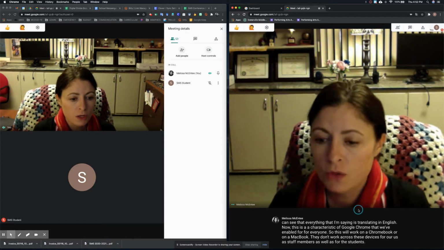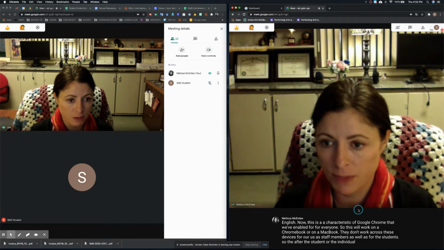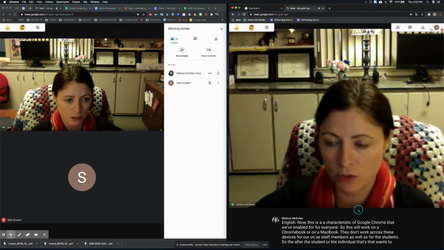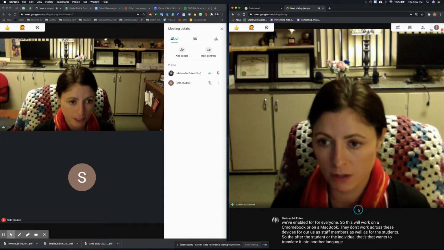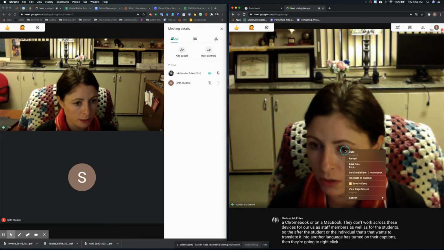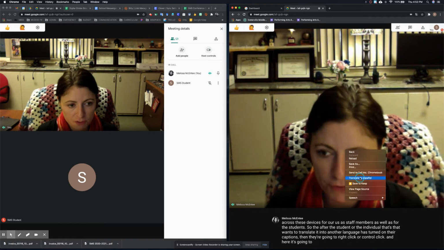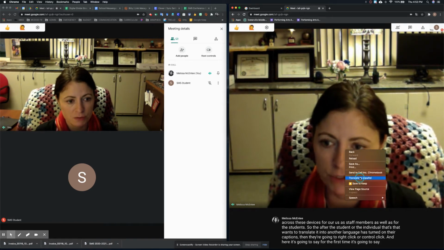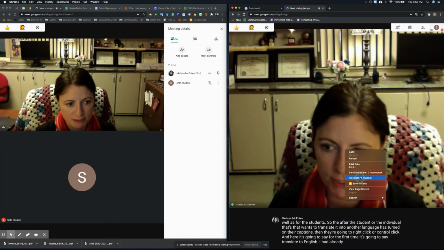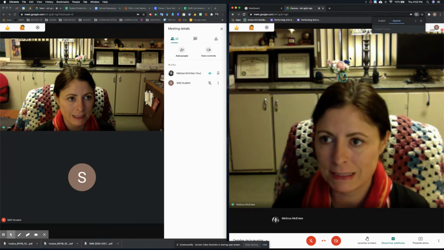So after the student, or the individual that wants to translate it into another language, has turned on their captions, then they're going to right click or control click. And here, for the first time, it's going to say translate to English. I had already tested this, so it says translate to Español. So once I select that,